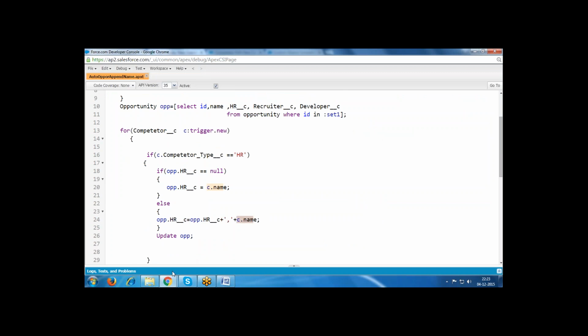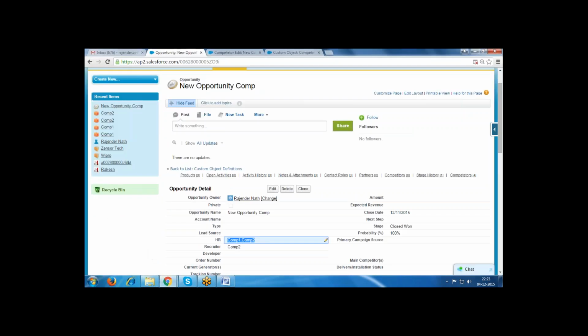In this case, if a value is already there, the same value plus a comma and one more value is appended. If it is empty, we directly add it; if it contains a value, we append the extra content.